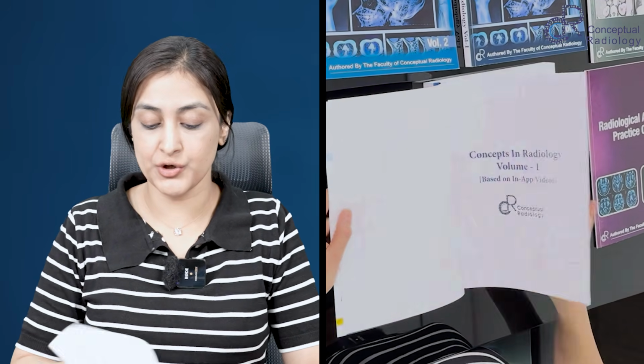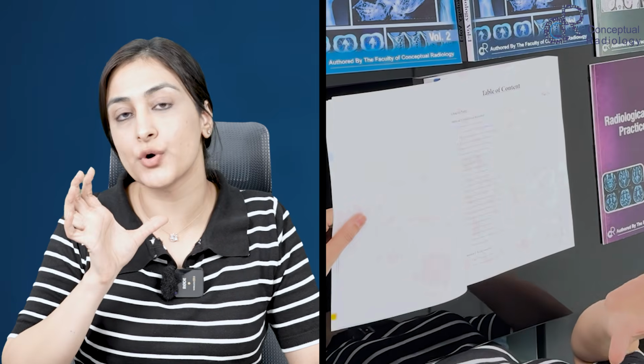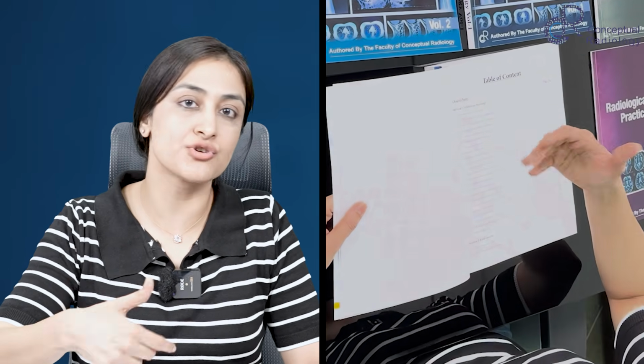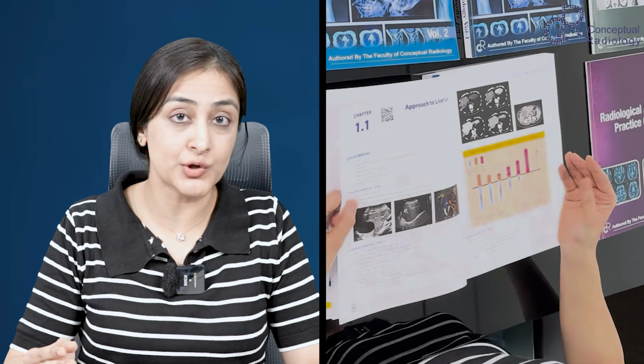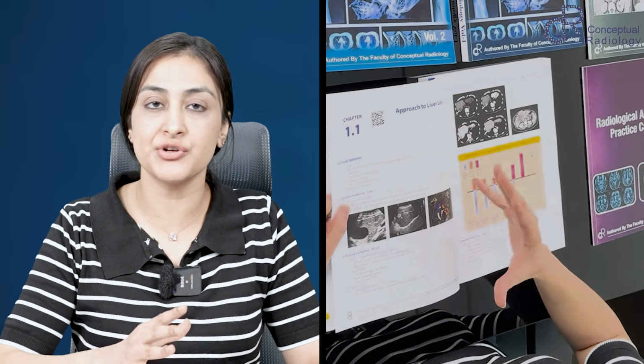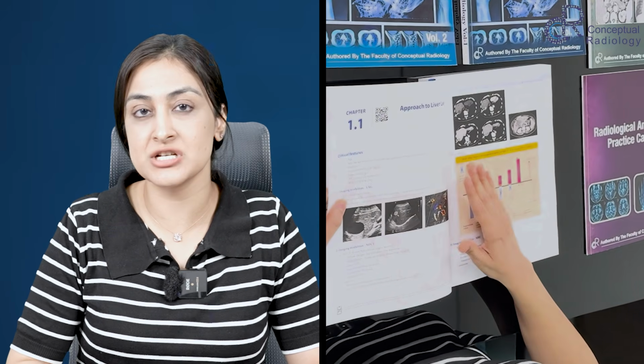So each volume has some important systems, and you will see the most important topics, particularly from the exam point of view. What are the most important core topics which I would want you to revise again and again are in here, and it's a concise summary. You may not find it word to word according to the lecture, but it's a summary of what you want to really revise, and more importantly images.